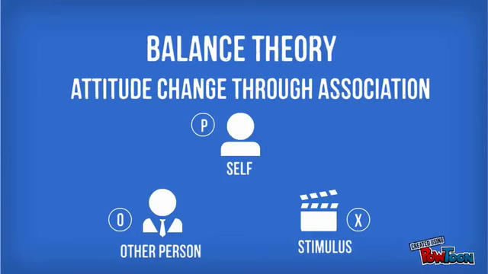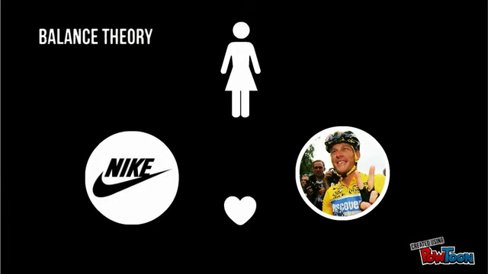The best way to explain this is when a celebrity endorses a product. For example, Nike paid cycling legend Lance Armstrong to be their spokesperson. And let's say you believe Lance is a great sportsman, and when you find out that he endorses Nike, you choose to have a positive attitude towards the Nike brand. In the balance theory, people like things to be psychologically balanced. So in this example, a positive and a positive and a positive are balanced.